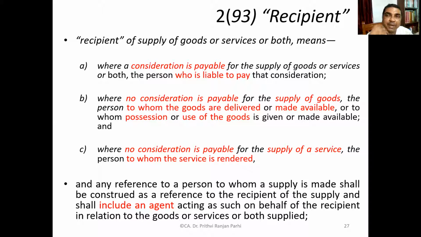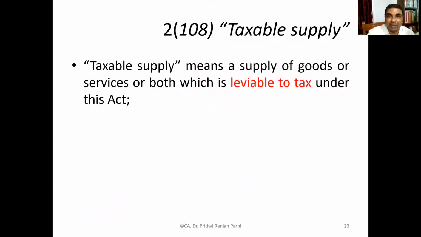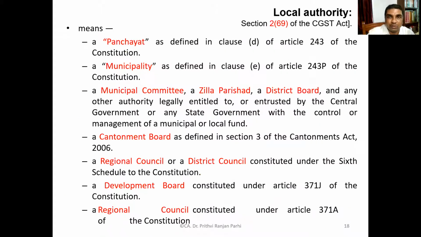It might be paid by anybody, it might be paid by a third person. Prior to this, we have already understood the meaning of consideration, and at that point of time we know consideration did not have to flow from the recipient. Consideration may come from third parties. That also we have discussed. Yes or no? I think we will definitely agree. Once again, I'll show you that definition which we are learning.